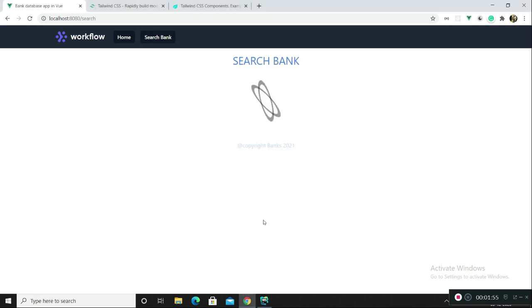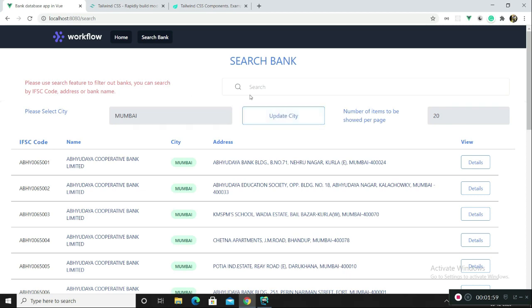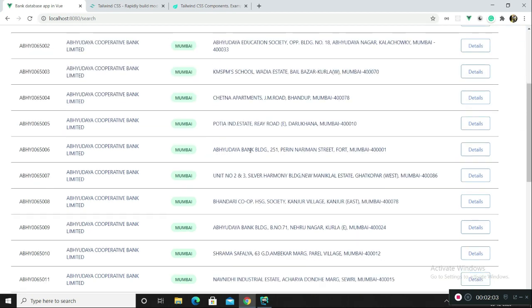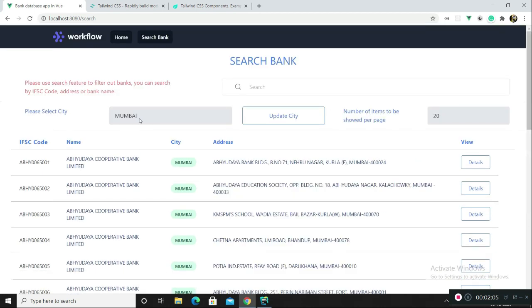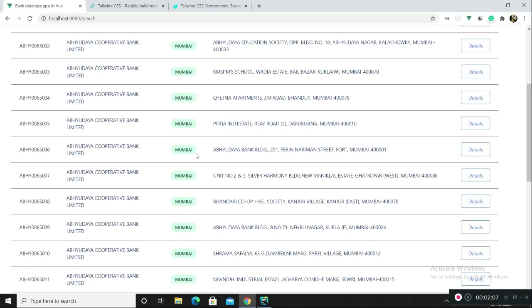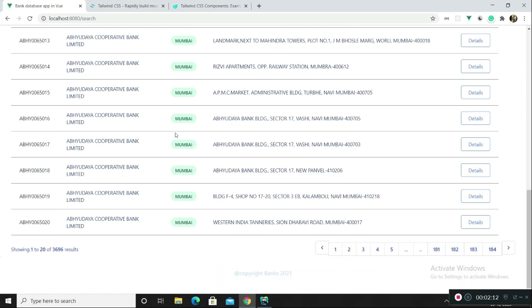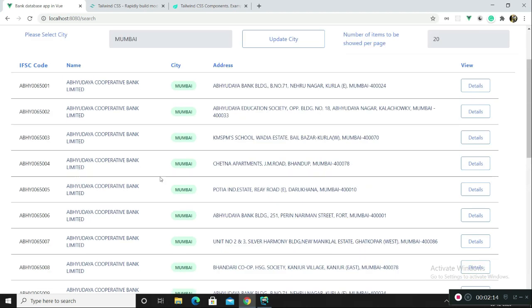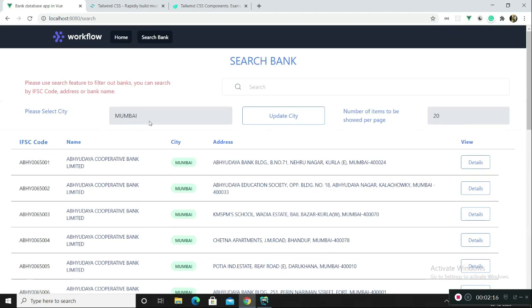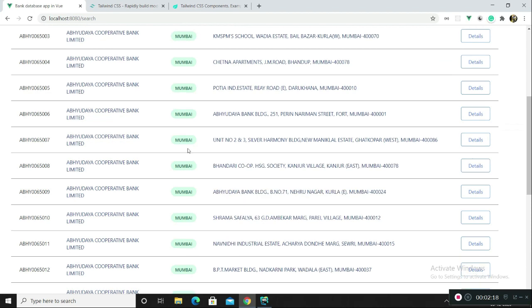I clicked on search bank and then this loader appeared. I have used the Vue Spinner package for this loader, which you just saw. By default, the city name is Mumbai. Once this application is initialized, all the bank data for the banks situated in the city of Mumbai would be shown.